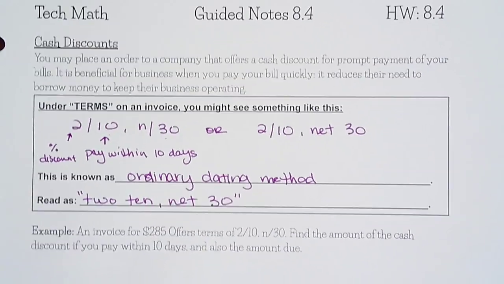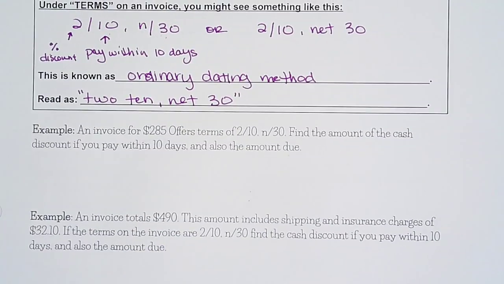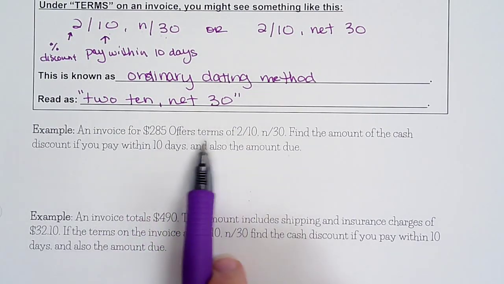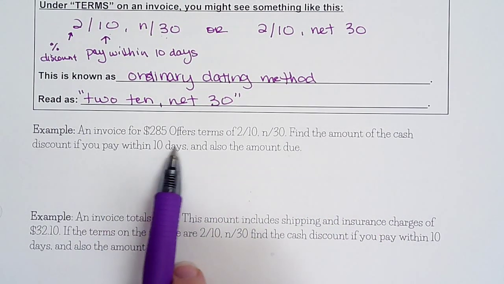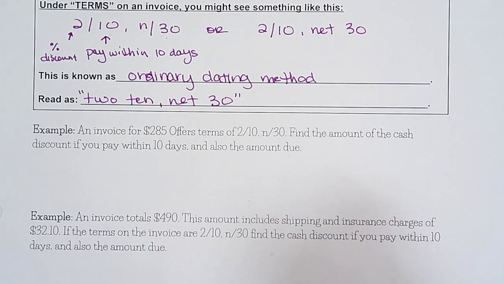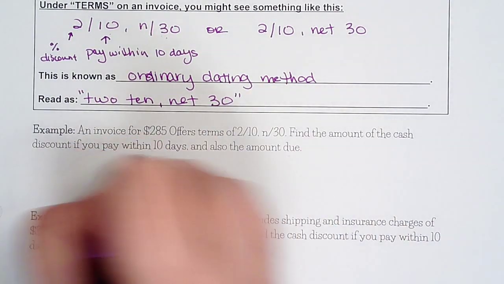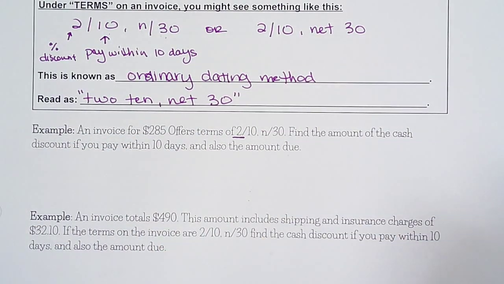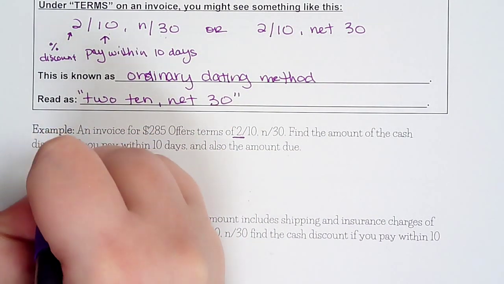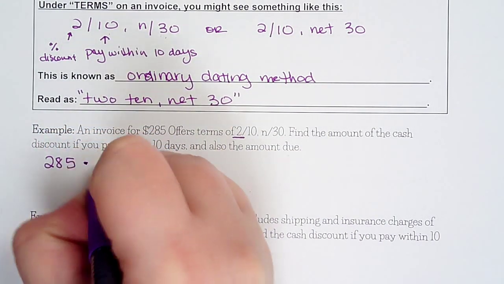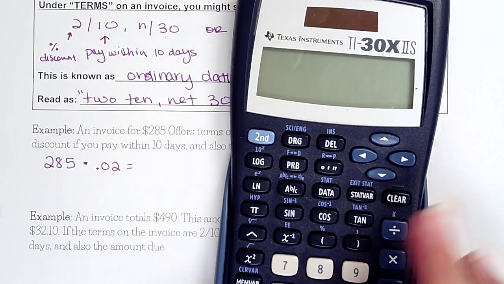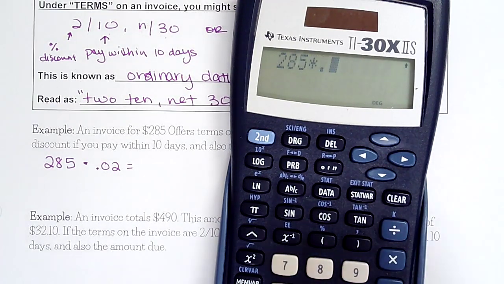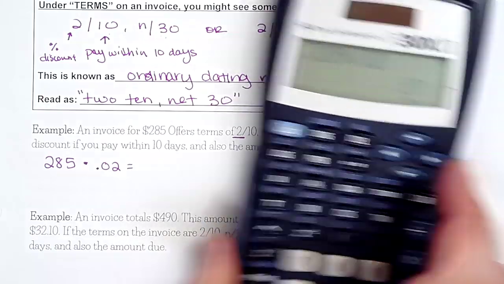So let's look at an example of this. An invoice for $285 offers a cash discount of 2/10, net 30. We want to find the amount of the cash discount if you pay within 10 days, and then also the amount due. So if we pay within 10 days, this says that we get a 2% discount. To find that discount in dollars, we're going to say 285 times 2%, in this case 0.02. If I grab my calculator here and calculate that, 285 times 0.02,